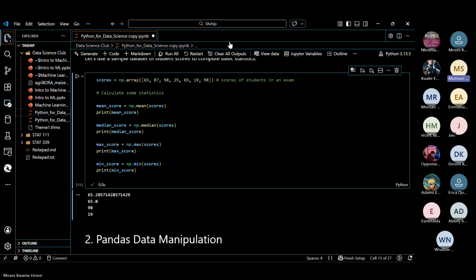Yes, please. I wanted to ask, can you do this in Python without importing the NumPy library, maybe by importing the statistics module?